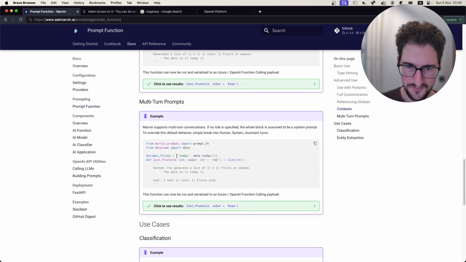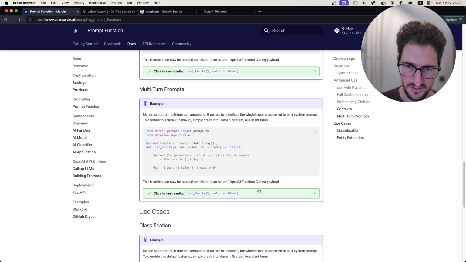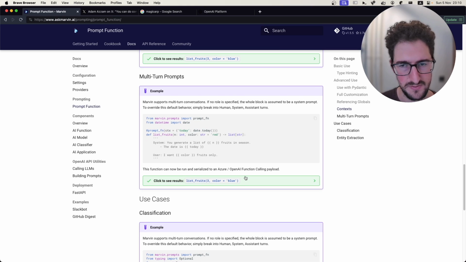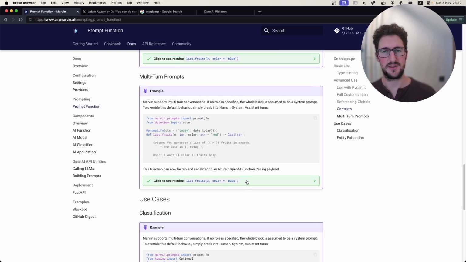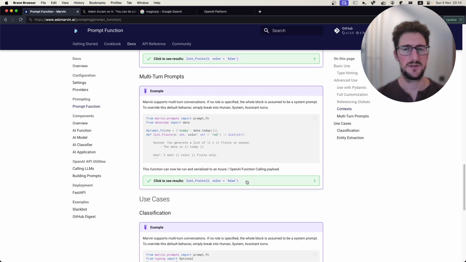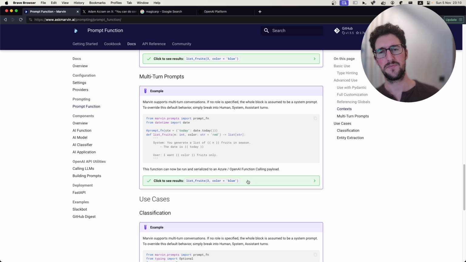Multi-turn prompts. System, you generate a list of fruits and season, the date is today. User, I want colored fruits only. Multi-turn prompts. And then how does this... Okay, so this is basically injecting... Okay, so this